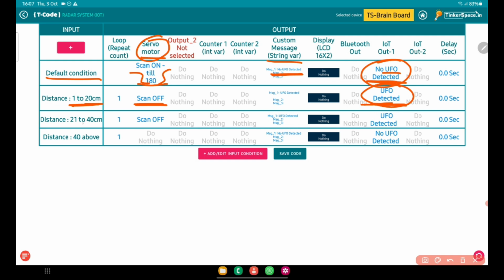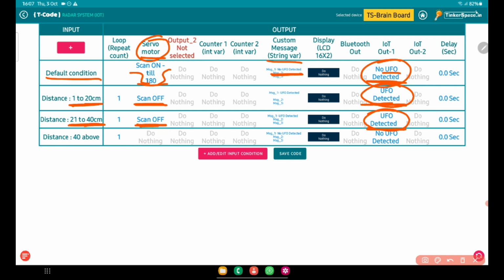In the distance 21 to 40 cm, the object is not too far or too close. It is in the medium range. In that case also, the servo motor will stop scanning and we will get a notification as UFO detected.